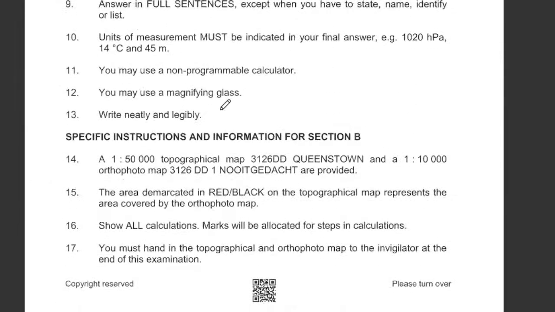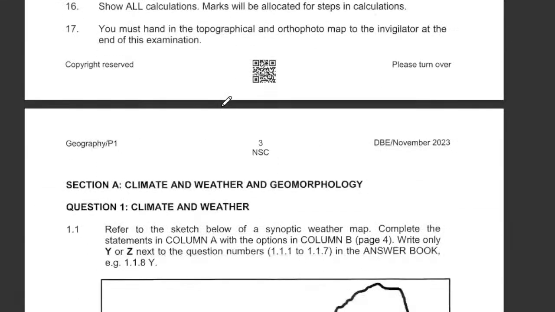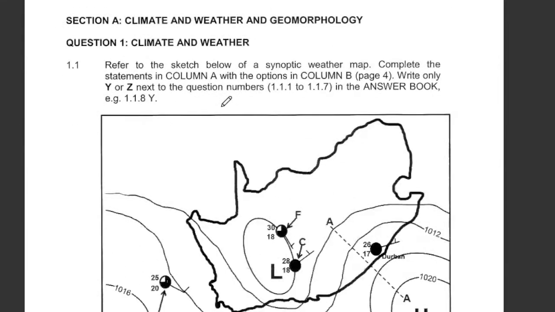We have on our screens. Please ensure that everything is visible, and we are not going to go through the instructions. We shall start directly from the questions. Okay. Question number 1,